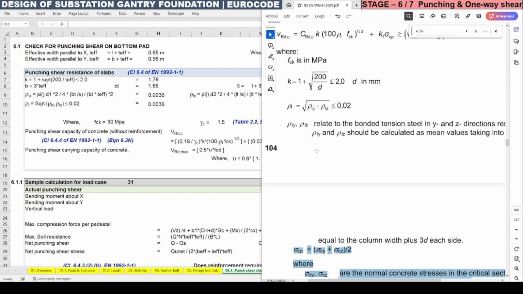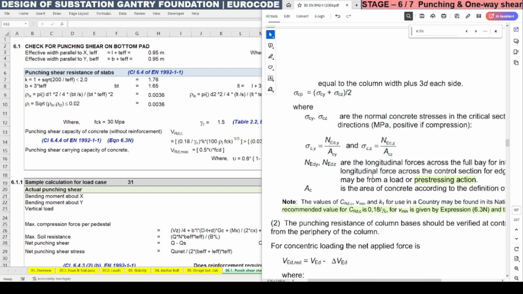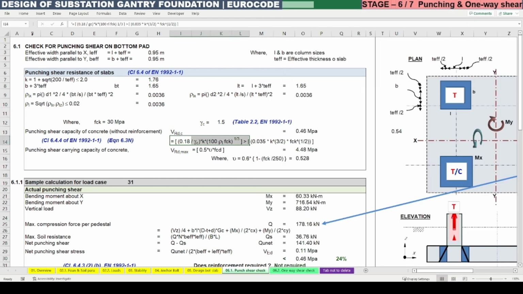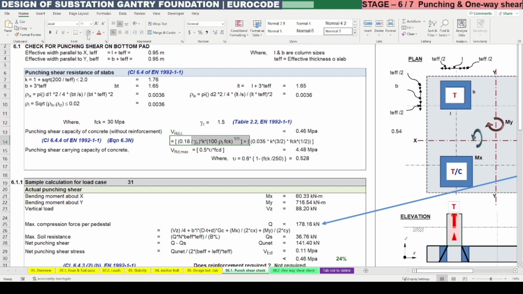What is CRDC? In the same clause the CRDC explanation is also provided. This will vary according to the country as per the national annex, but the recommended value of CRDC is 0.18 divided by gamma C. So that is what we had applied here: 0.12 divided by gamma C into K, as mentioned here as K, into rho l, the percentage of steel reinforcement, into fck to the power 1 by 3. So up to here the equation is okay,